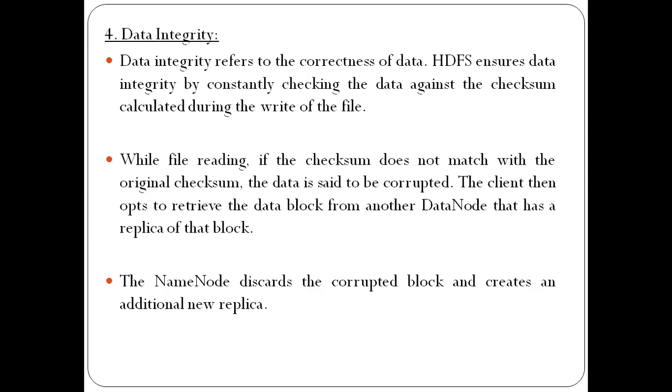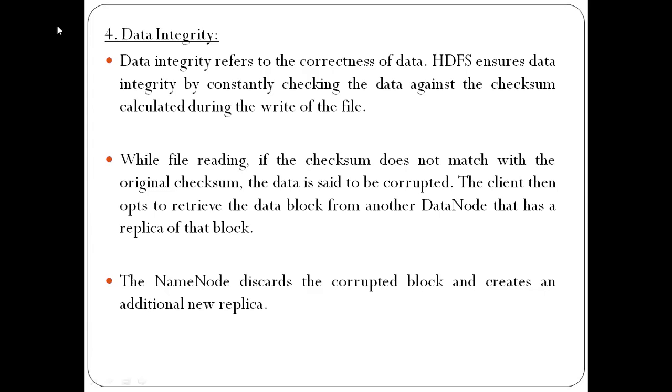During the read process, the file is retrieved from the data node, and the checksum is compared with the already generated checksum. If the checksum does not match, it means the file is corrupted. In such a case, that corrupted block is discarded, and the block can be retrieved from other data nodes, as I explained in the replication concept. Clear?